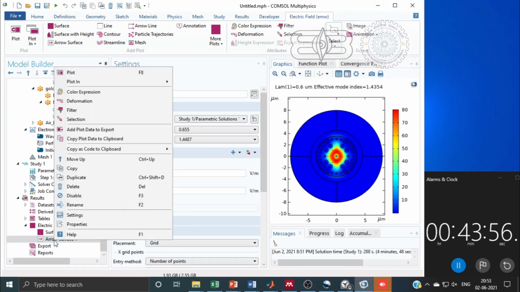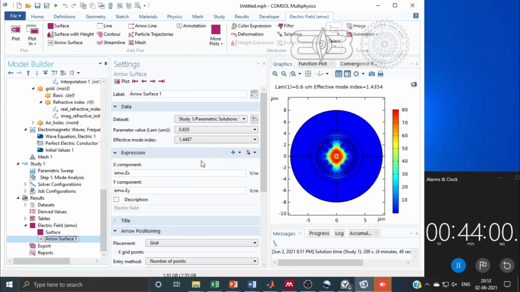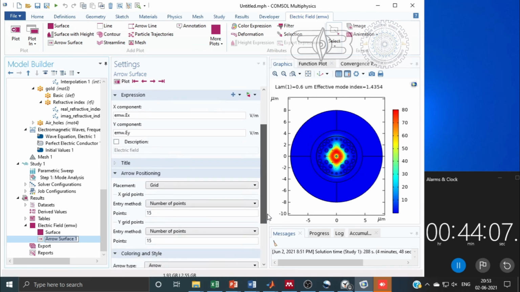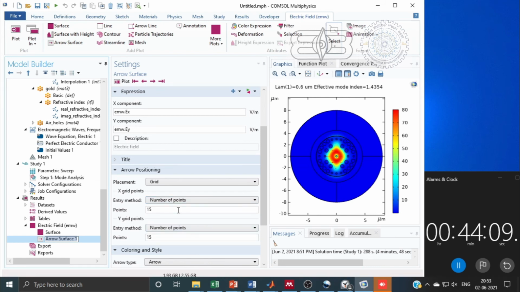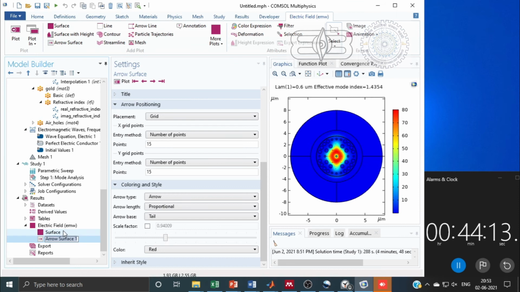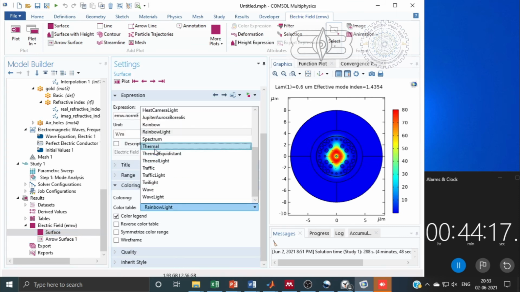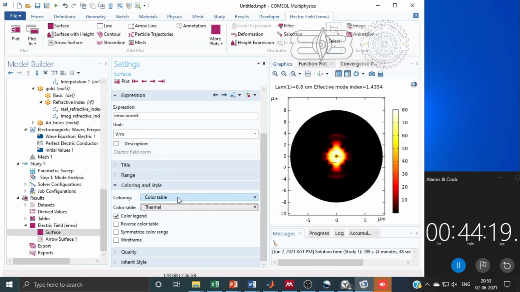I am changing the color table to a different color because it's not very clear in this. But before that we will adjust the arrow positioning also to make the arrows clearer.